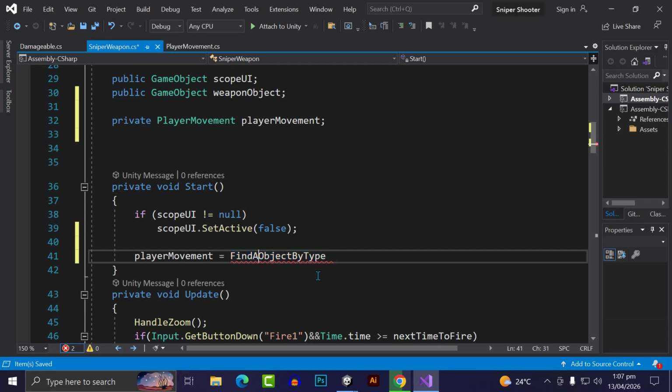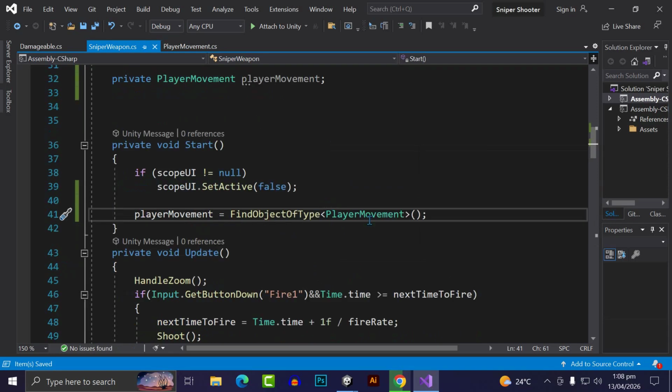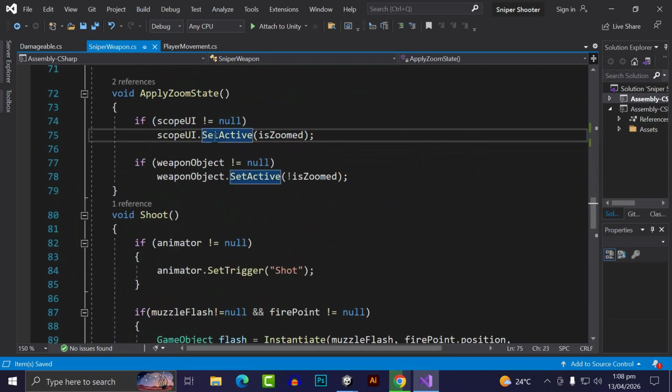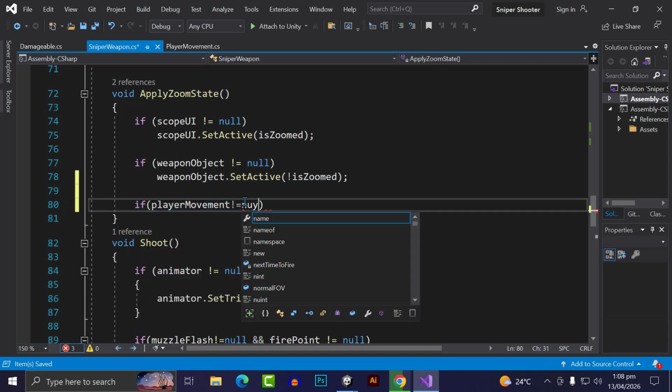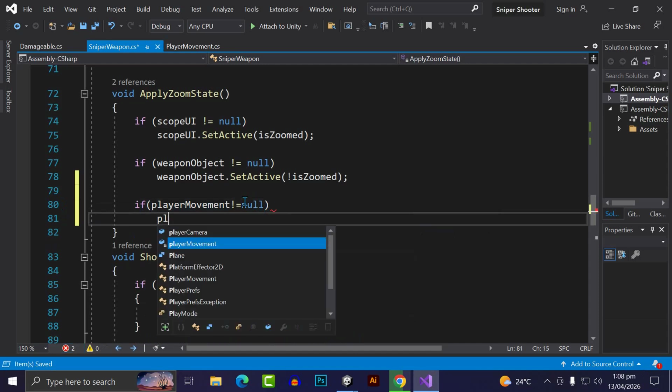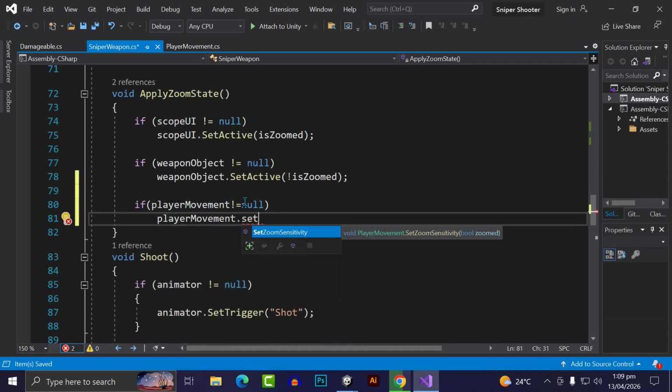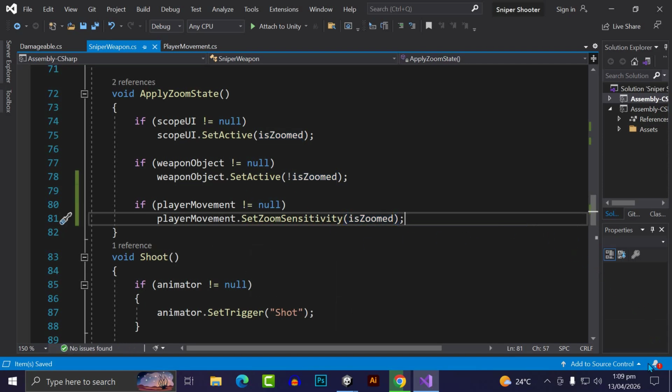So we will just find object by type, of type, and then we'll get component player movement, and then definitely we can use zoom sensitivity over here. So inside the apply zoom state, we will add player movement. If it is not null, then we will add the player movement dot set zoom sensitivity is zoomed, and that's